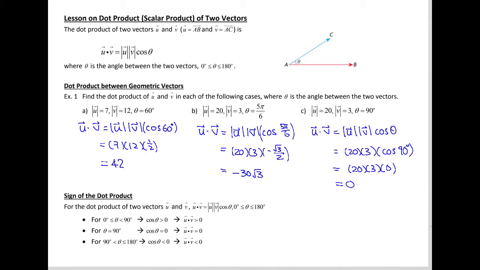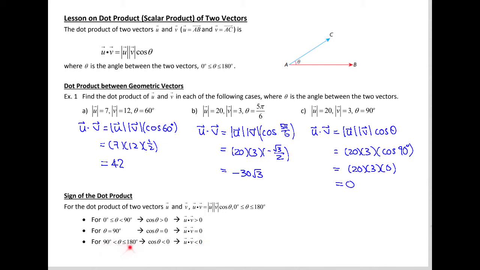As you can see from example 1, all the dot products end up with a number, which is just a constant. Therefore, dot product is also known as a scalar product because the result will be a constant, which is a scalar. In addition, when the angle is between 0 and 90 degrees, which is an acute angle, the cosine ratio is always positive. That means when the dot product is positive, we know the angle between the two vectors is an acute angle. Next, when the angle becomes an obtuse angle, which is between 90 and 180, the cosine ratio will be negative. So when the dot product is negative, we know the angle between the two vectors is